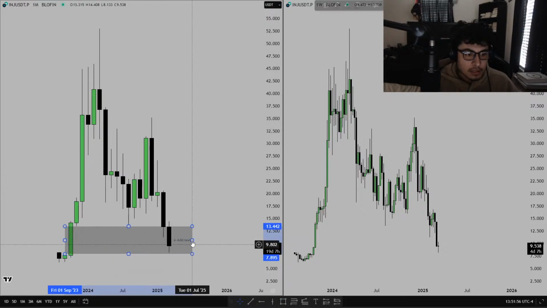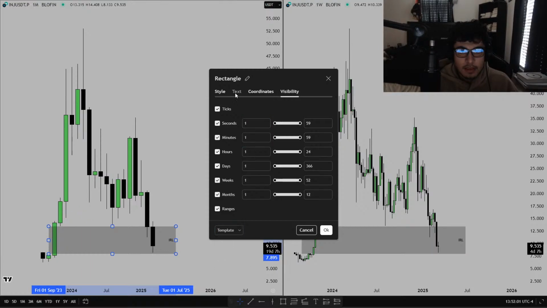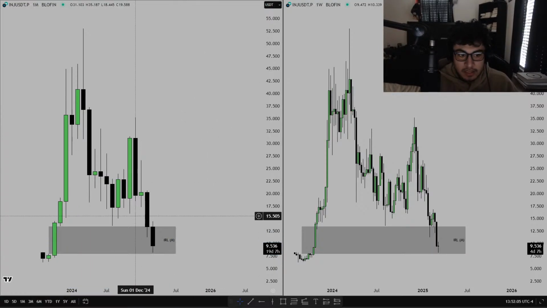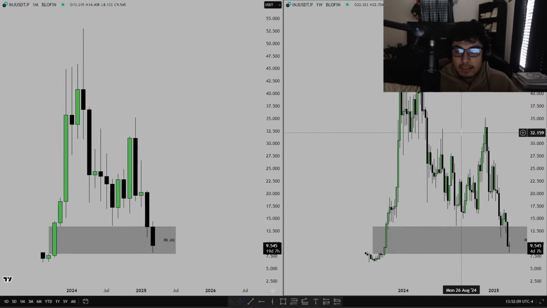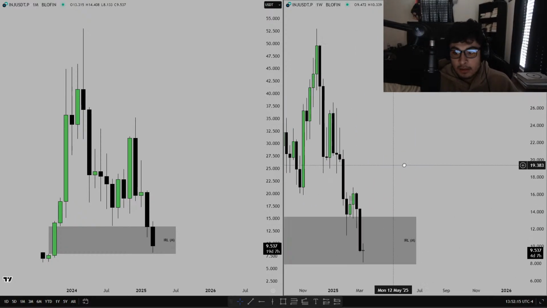Injective monthly BISI right there, as you can see. The movement to the monthly PD array has been a little bit more quick, but before that it was chopping around, which is nice to see, you know, like the market did try to hold some foundation in bullish prices, but it just never really did. And then on the weekly time frame,